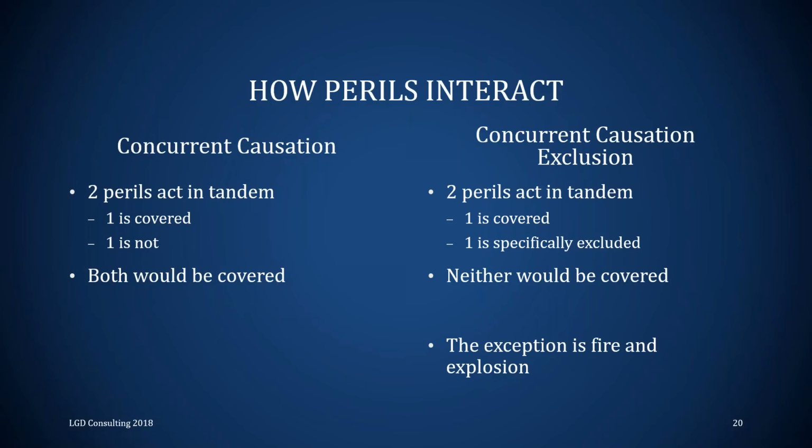Okay, so let's go to an HO5. An HO5 is an all-risk form. And anytime you see all risk, you want to pay attention to exclusions. And one of the exclusions is going to be earthquake, specifically listed as an exclusion. Right? Lo and behold, an earthquake rumbles through, causing your house to collapse. Okay, so you have two perils working together. One is covered, collapse, because that's a covered peril under your HO5, and one is specifically excluded, which is earthquake. So even though one's covered, since the earthquake caused a collapse and earthquake is specifically excluded, neither would be covered. Okay, so you wouldn't have any coverage for that particular loss.